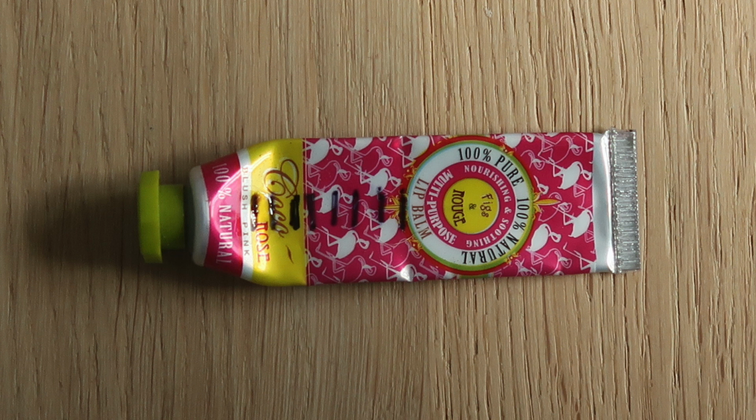Tinted lip balms. I was hoping I would have 0 for you guys today, but because I had one lip balm in my products that I wanted to finish off for this year, I decided to really focus in on that one now towards the end of the year, and that meant that I didn't completely get through my tinted lip balm, but it will be done in the next 1, maybe 2 months, so I'm not too